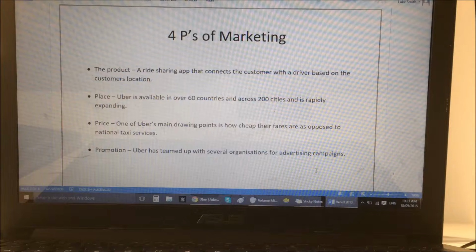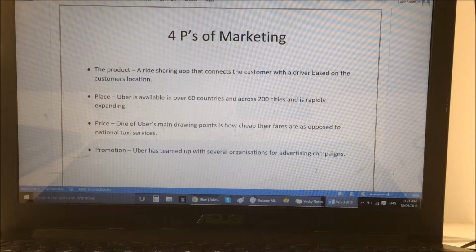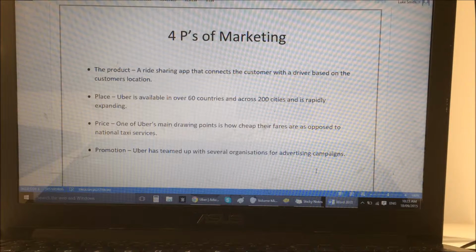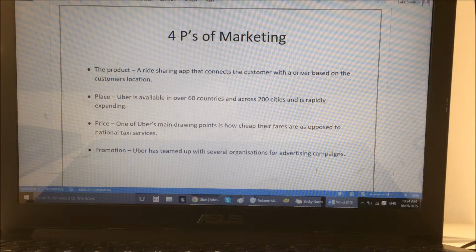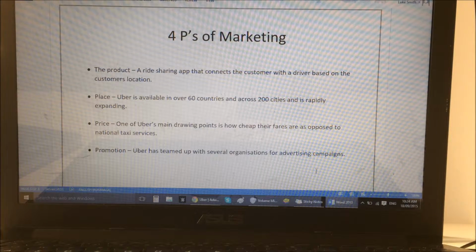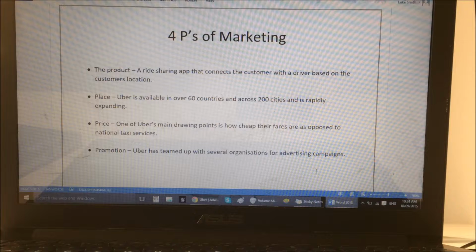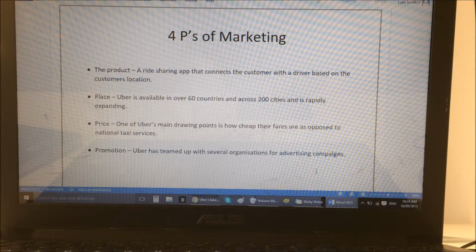Promotion is also another main drawing point of Uber, as it helps get their brand known and recognised. Uber's promotional tactics are very modern with regards to how they portray their brand name. They've used several different marketing campaigns over the duration of their business venture, and they've also successfully promoted their product by teaming up with several big corporations including MasterCard, Spotify and ASPCA, otherwise known as the American Society for the Prevention of Cruelty to Animals. In addition to the advertising campaigns, there are also incentives to sign up with Uber, such as a free $40